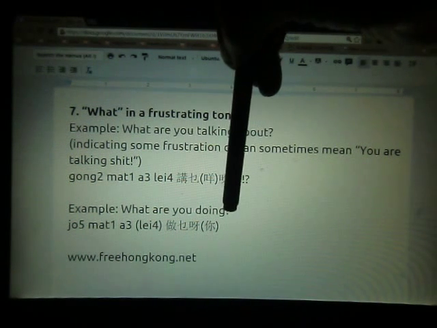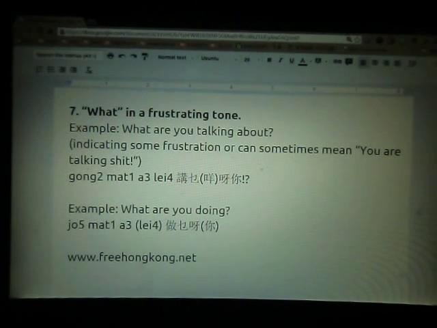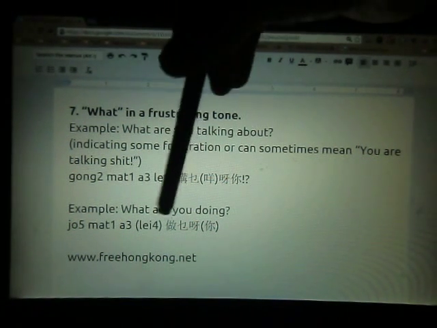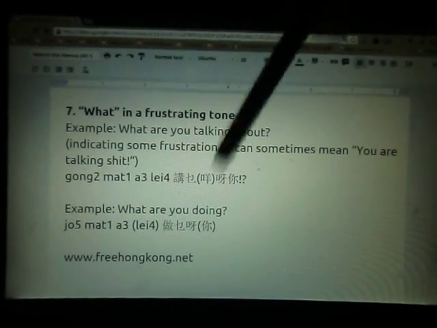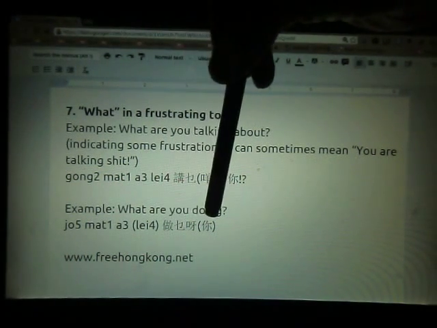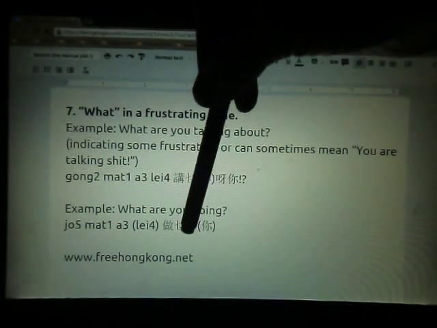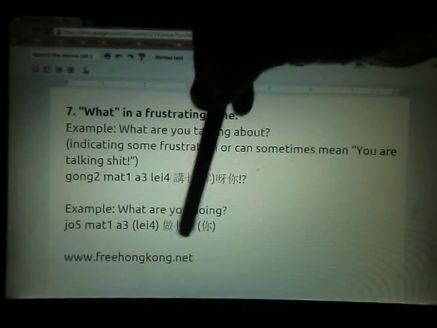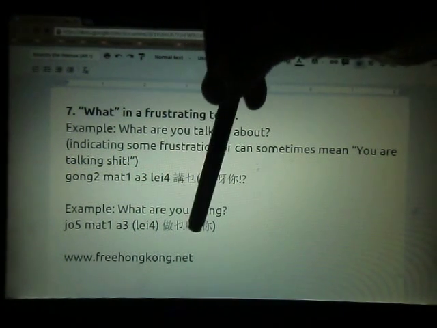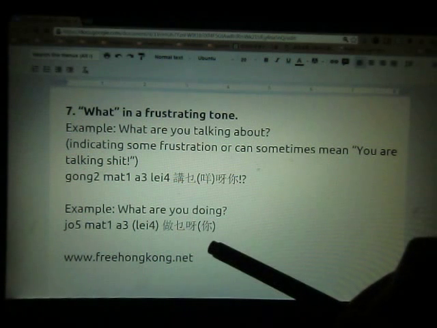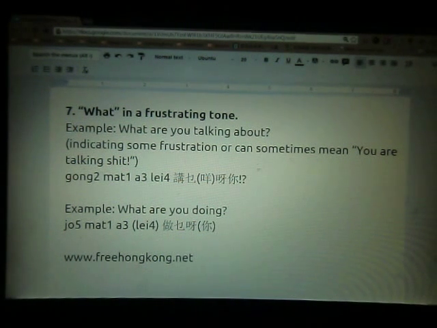And then another example, what are you doing? So you don't like other people's actions, so you say what are you doing, what the hell are you doing. In Cantonese we have a counterpart 做乜你, 做 do, 乜 anything, what thing, whatever thing. 做乜你. Again we put a subject at the end to indicate frustration. This is the trend in Hong Kong, especially the youngsters, they use 講乜你, 做乜你 to indicate the frustration.